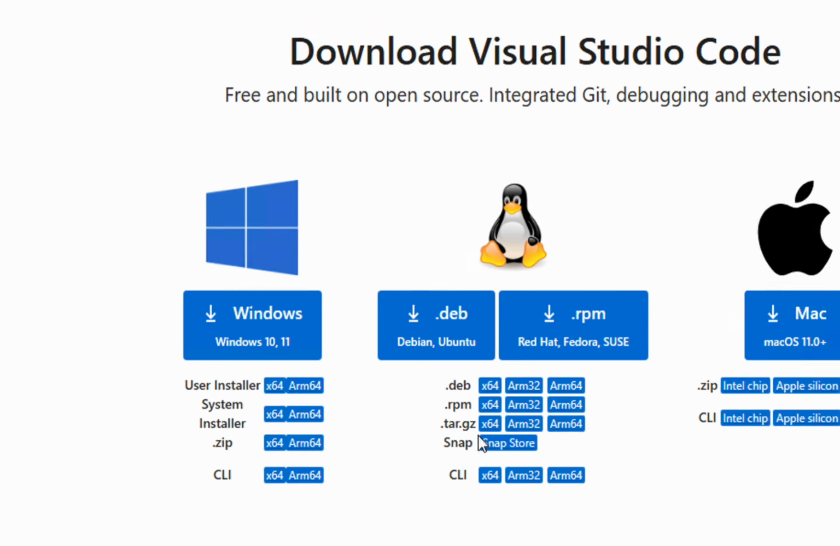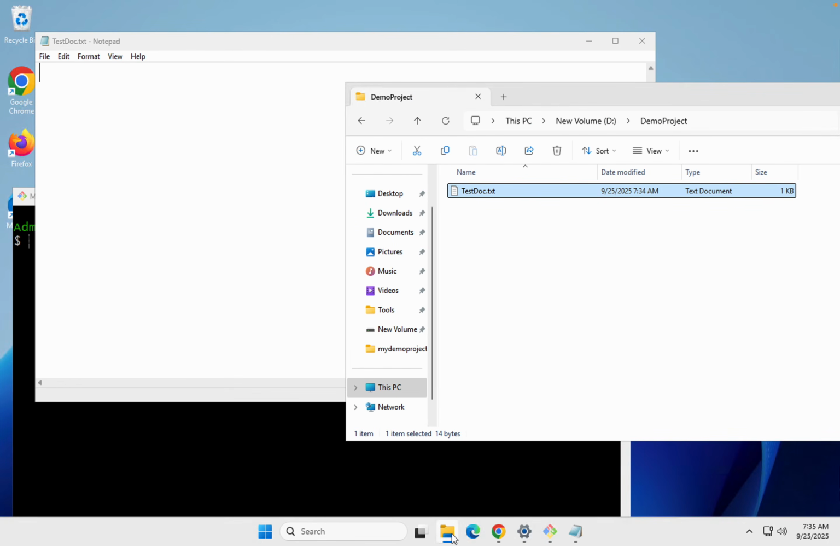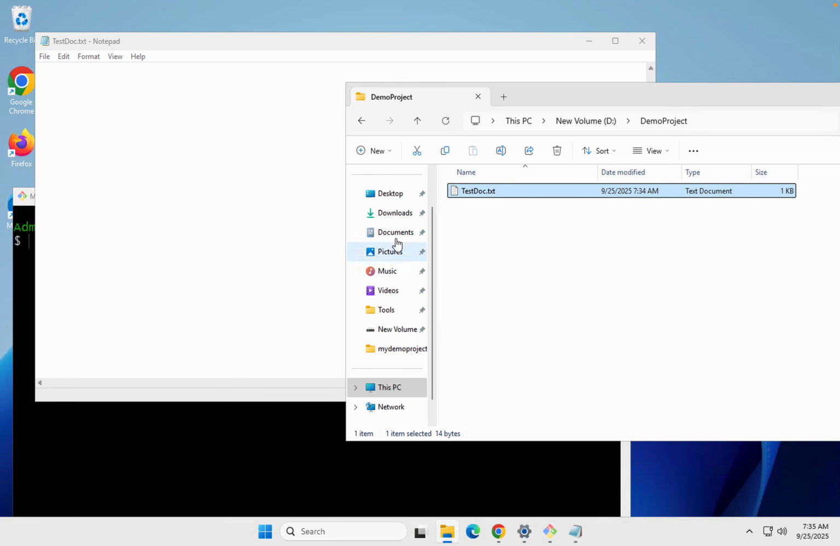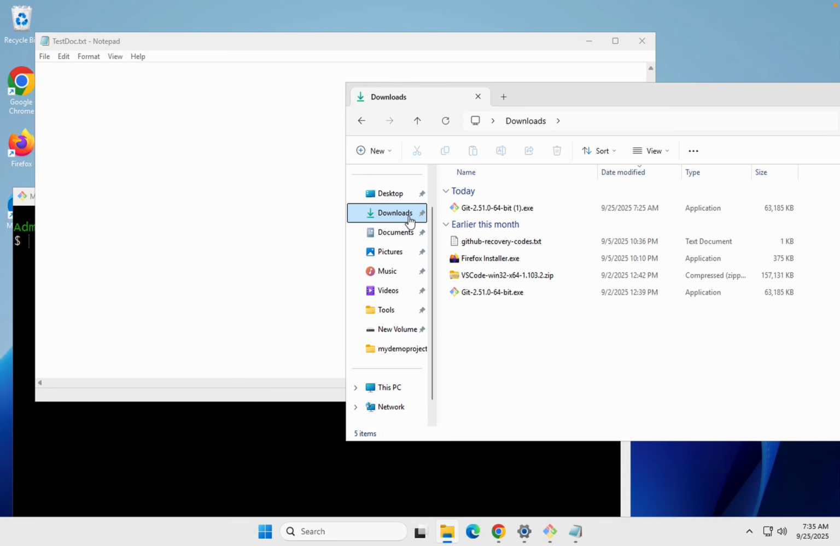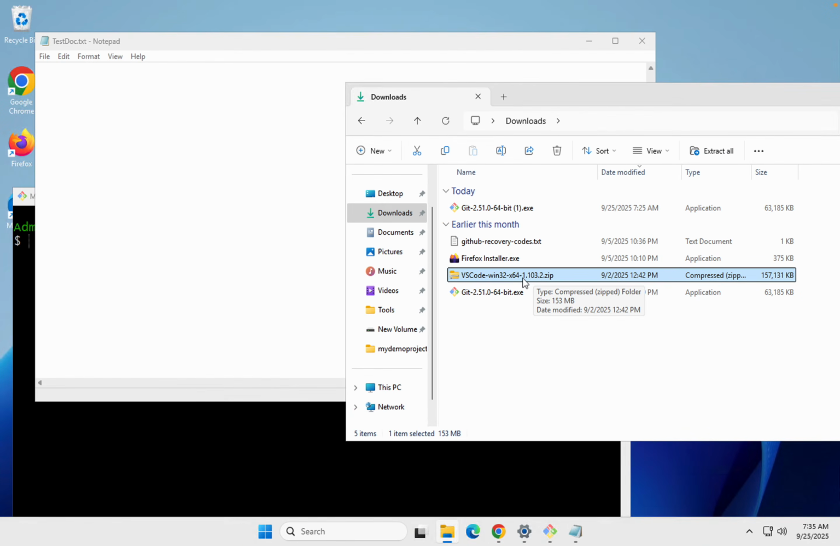Similarly, if you are on Linux or Mac, we have all these options here. Okay, so what I have already done is, if I show you my downloads folder, I had already downloaded this zip folder for Windows 64 and then unzipped this and then kept it in my D drive